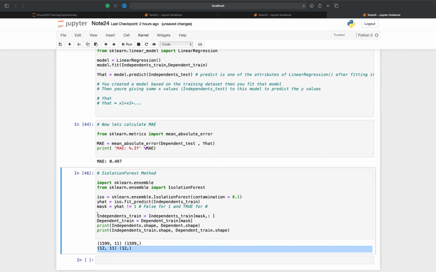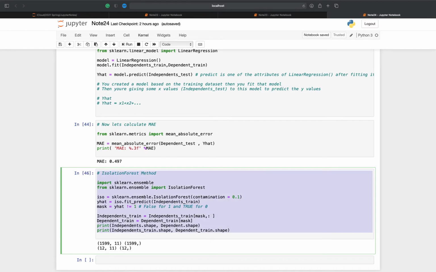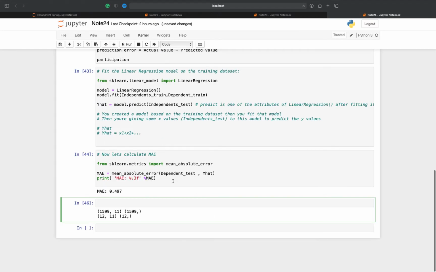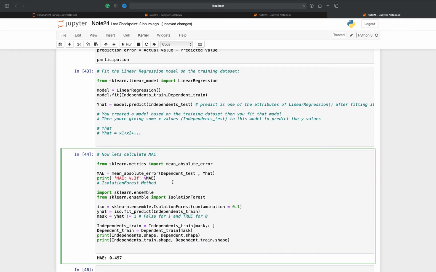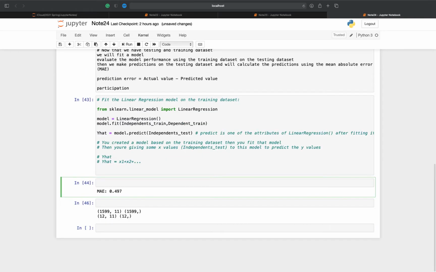Why? Because see here, I'm replacing each of the training data with the ones that remained for us that are not 0. So let's cut this, put this here, cut the whole thing,